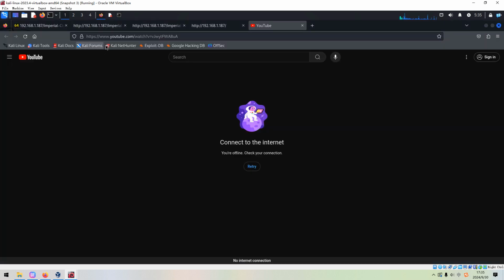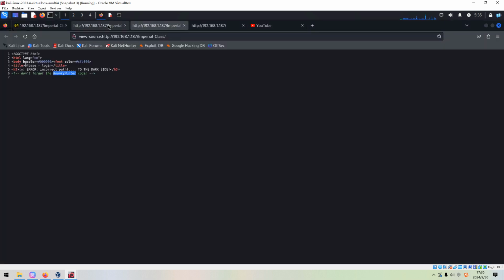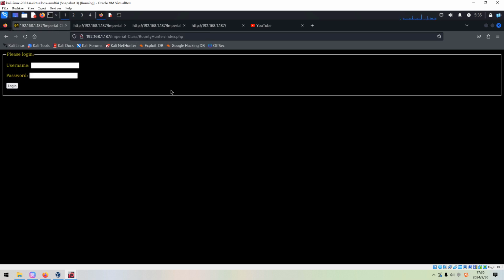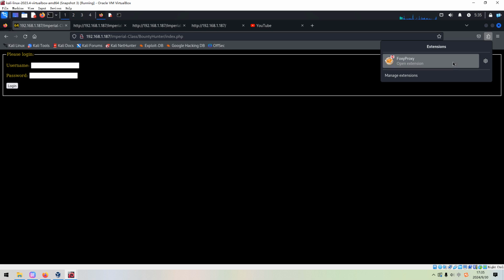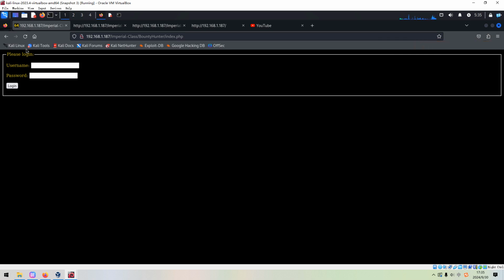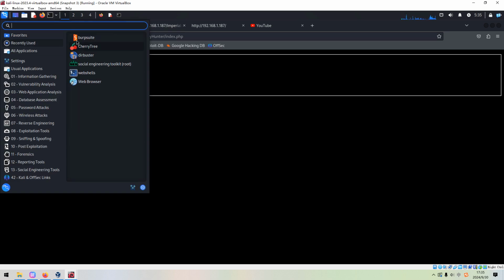Just now, this login page is a bit weird, right? So we can now utilize the Burp Suite, which should combine with the proxy. And we can set Burp to analyze what's going on in the background. We can launch Burp Suite.